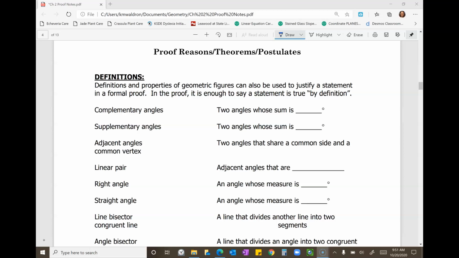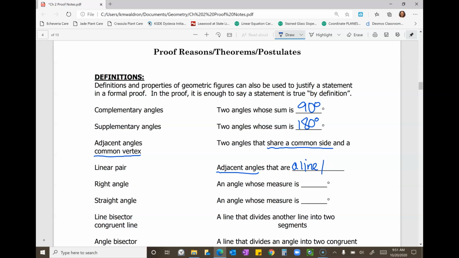Complementary angles are two angles whose sum is 90 degrees. Supplementary angles are two angles whose sum is 180 degrees. Adjacent angles, there's really nothing to add here, but I would underline their characteristics. They share a common side and they have a common vertex. Linear pair, these are adjacent angles that are a line